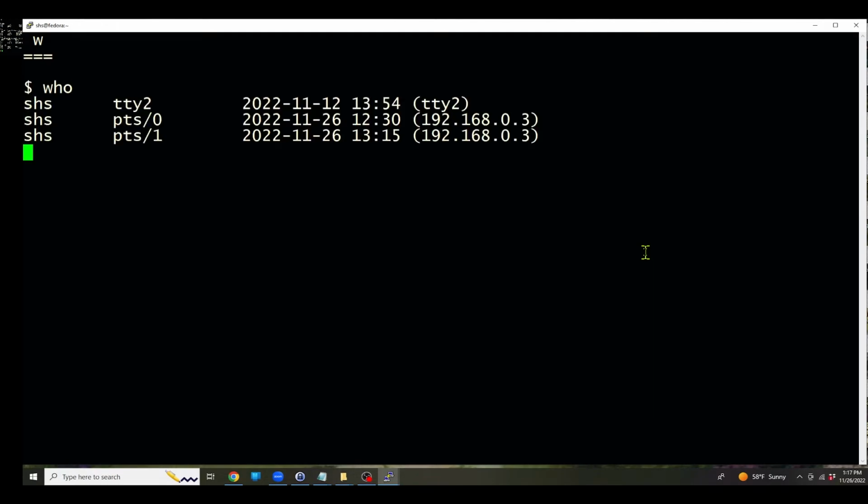In this Linux tip, we're going to look at the W command. And yes, the command is simply W. It's a lot like the who command, but provides more information. Where the who command shows you something like this, and you can see our logged in users and where they're